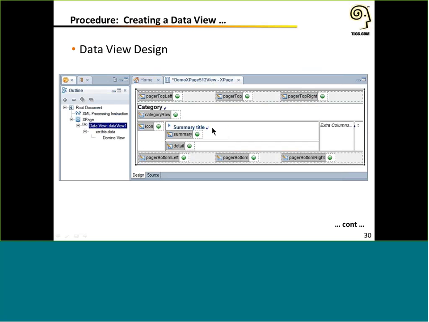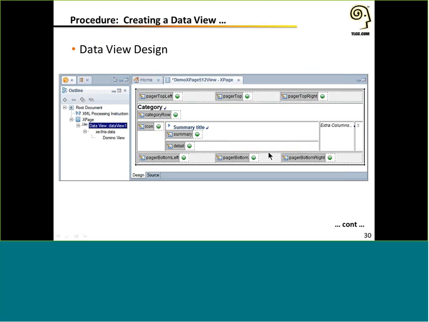Now, once you've done that, this is the design of the data view that you see on your page. It comes with 10 facets that you can use to customize content. 3 of those are in the pager, the top section for pagers, and 3 at the bottom that are called pager left, bottom, and right. But as Paul had mentioned, you're not limited to only putting pagers in here. You can add other content in here if it fits your application. So the important thing is that there are facets and you can customize them however you need to.